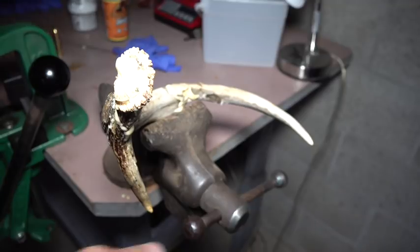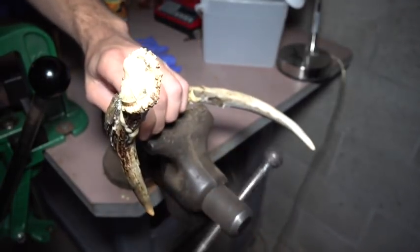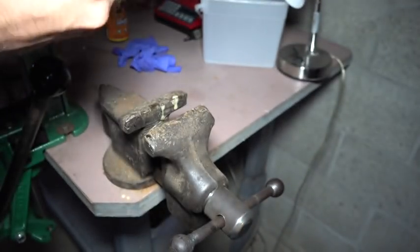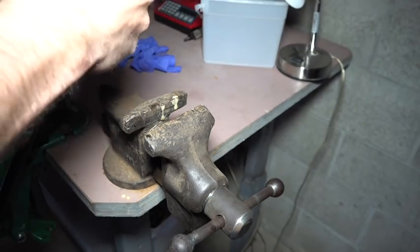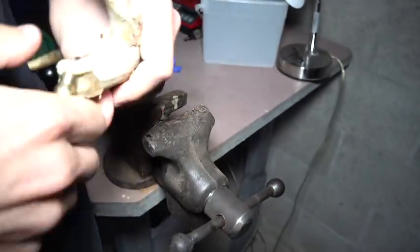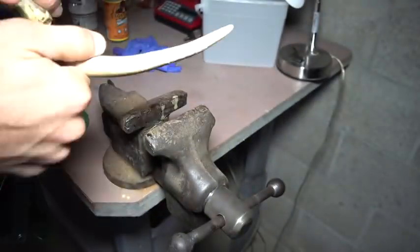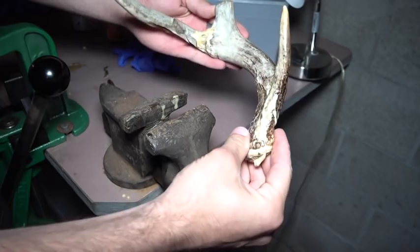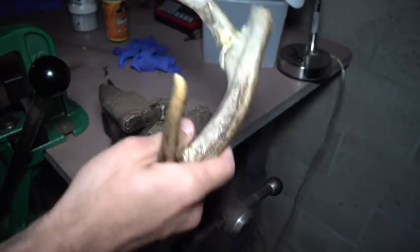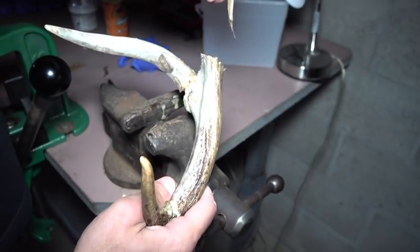Okay, it is the next day, and the horn got a little runoff here. The horn is starting to take shape. Now we're gonna have to get this piece